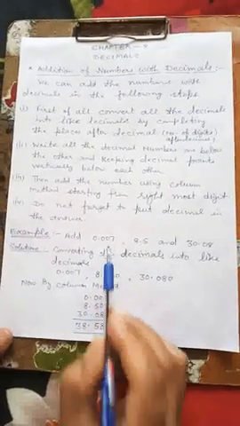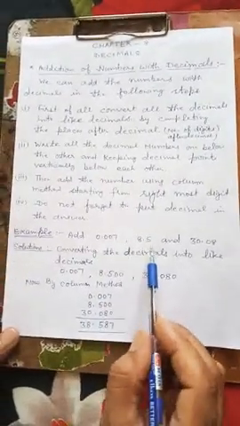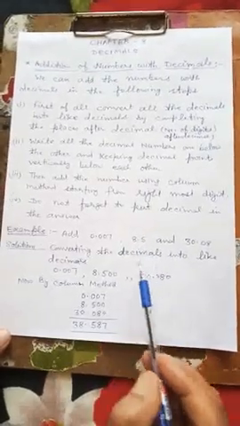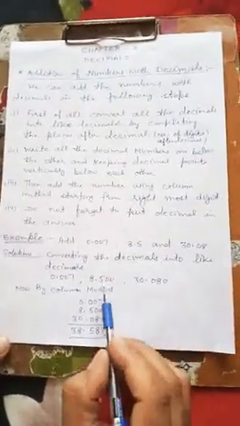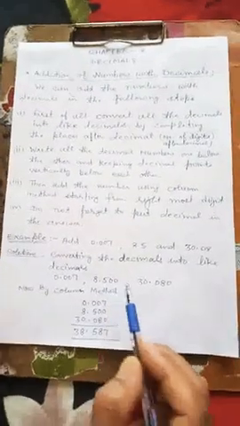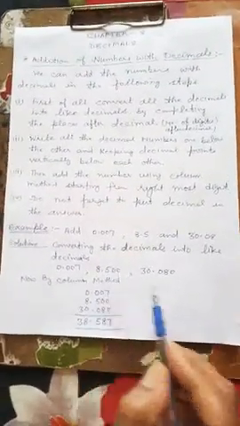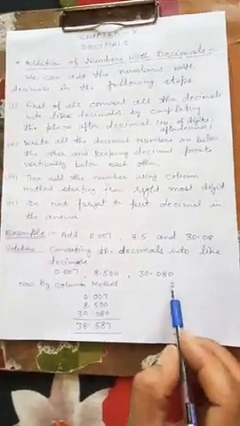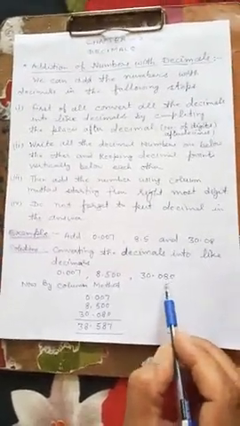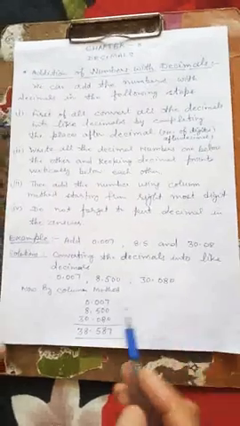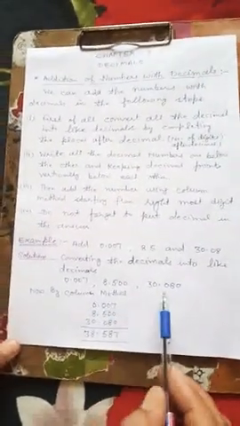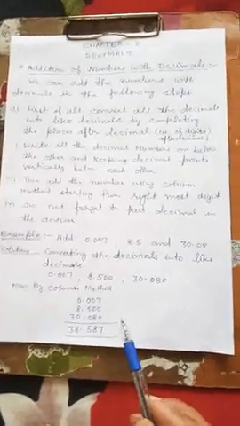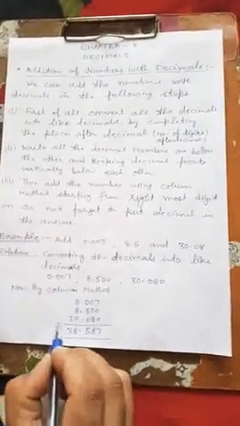Here are 3 digits, so in each number there must be 3 digits after decimal. In 8.5 we will put 00 after 5, and in 30.08 we will put only 0 after 8. So these 3 decimals are now like decimals. Now we can add these decimal numbers